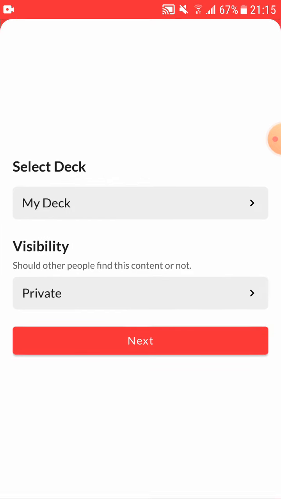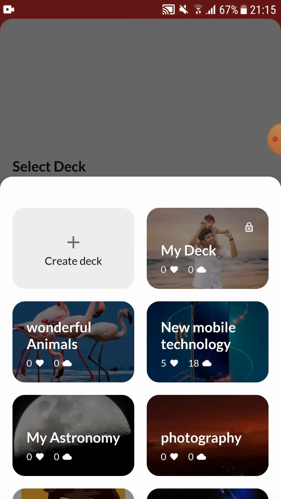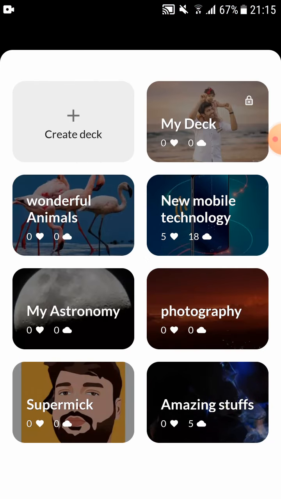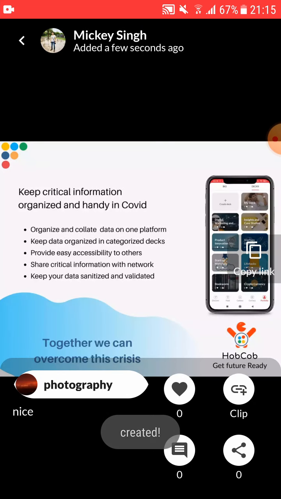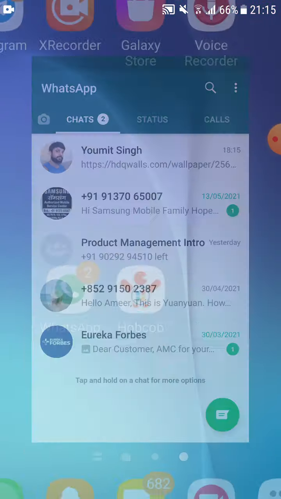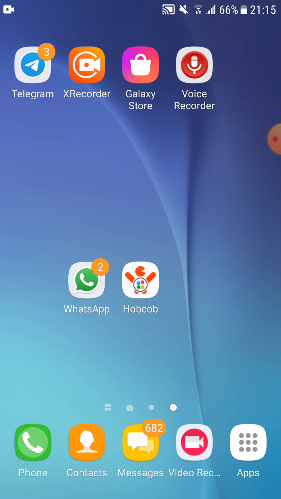Choose a deck, for example photography, and the content will be public. Next. Okay, that is added. So for many types of applications or content you can use Hopcob, that will be really helpful to you. Okay, thanks a lot.